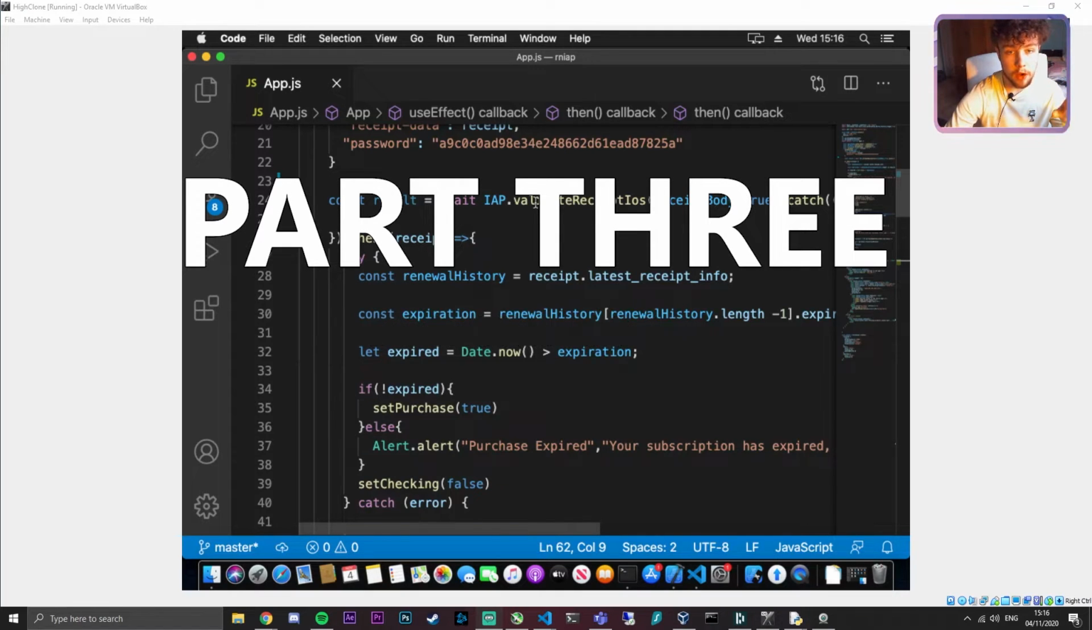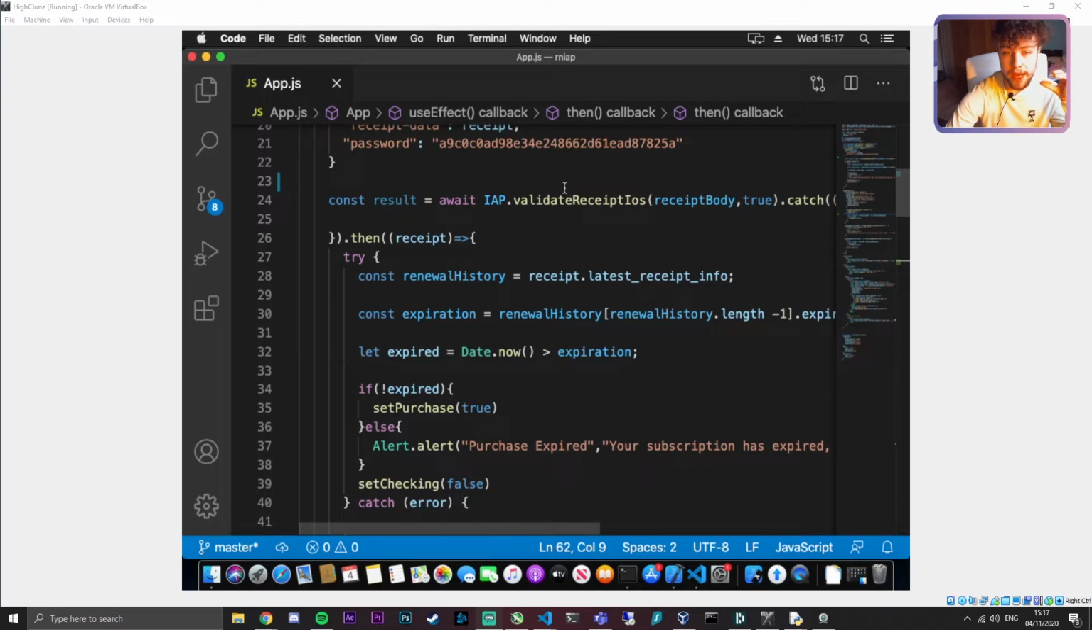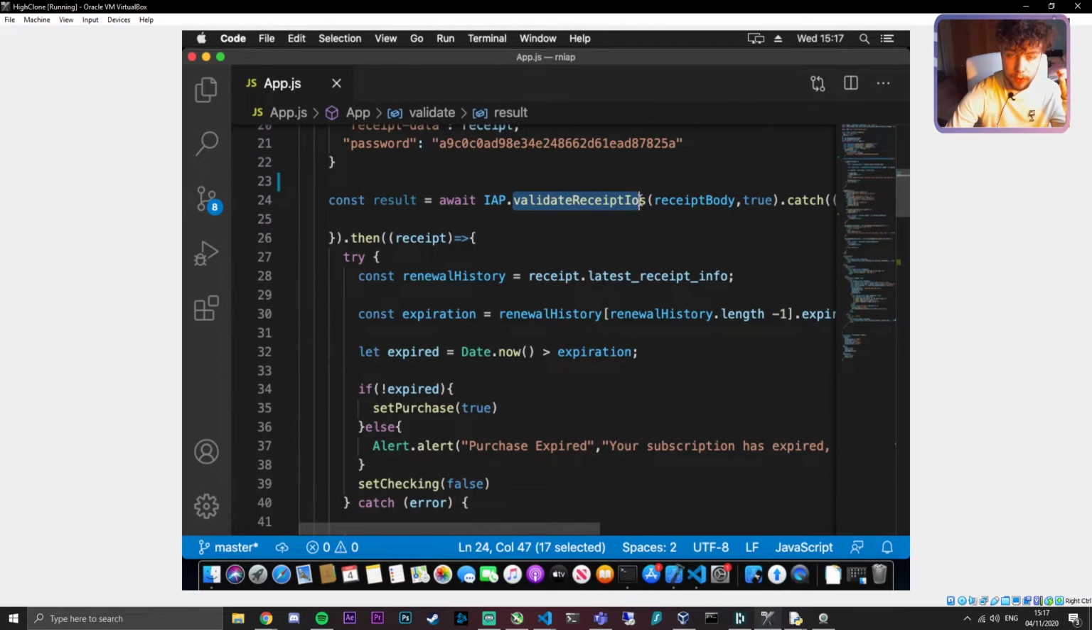Okay, so we have this great code which uses the validate receipt iOS function from the React Native IAP library, which is fantastic, but it's probably recommended that you actually have your own backend that does this for you. The backend code is very, very simple, and I'm going to show you how to set it all up. So we're going to be using something called Firebase serverless functions, which is a service from Google. And we don't have to rent out an